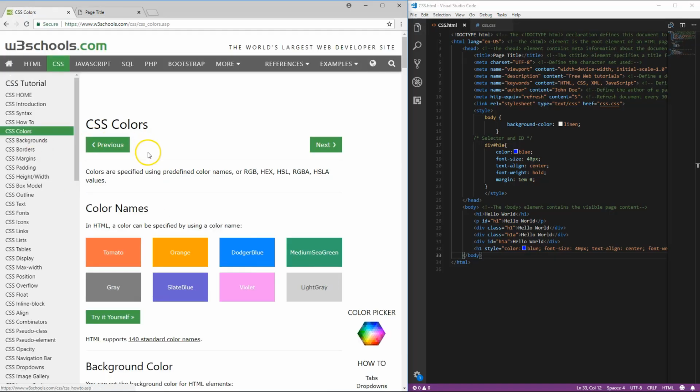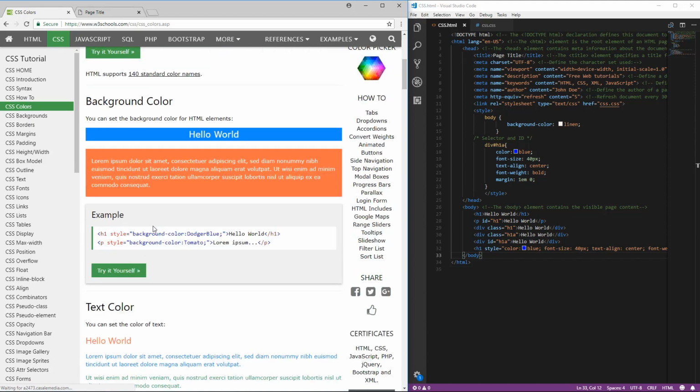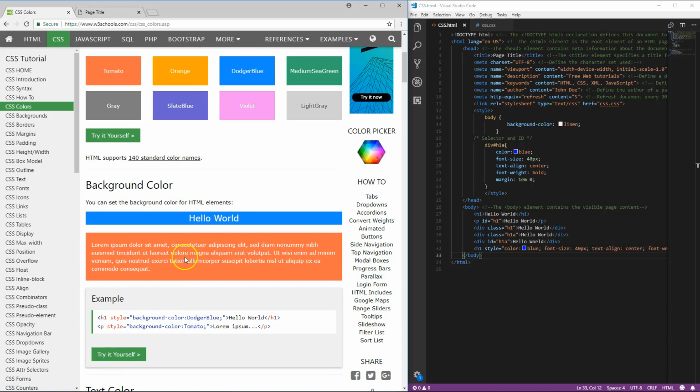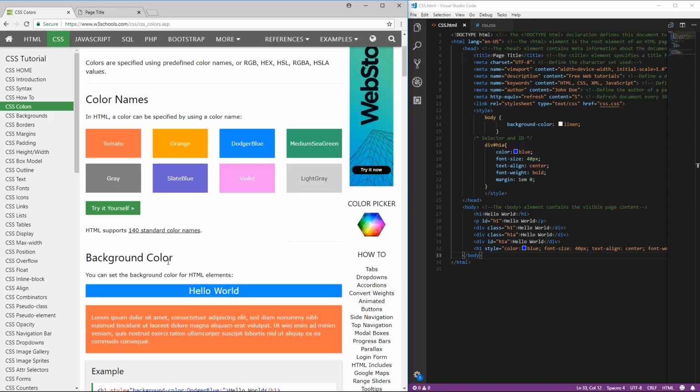Check those out. And color. This is some of the best parts of actually going through and using this: creating different things with different colors. So a color can be specified by different names. If we really want these to go through, we do want this to be blue, want this to